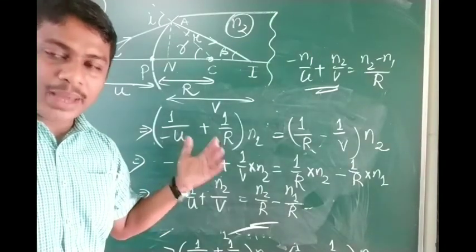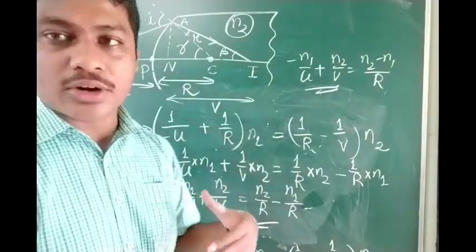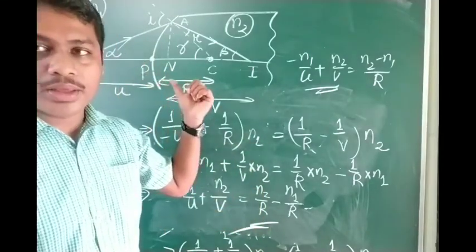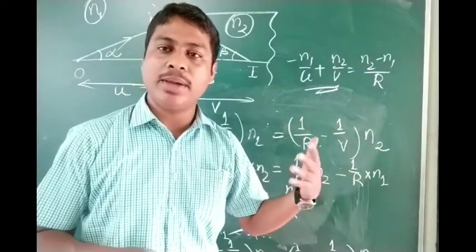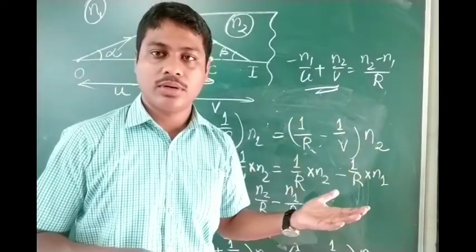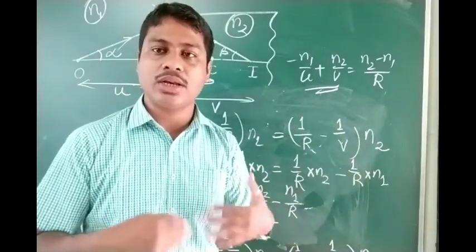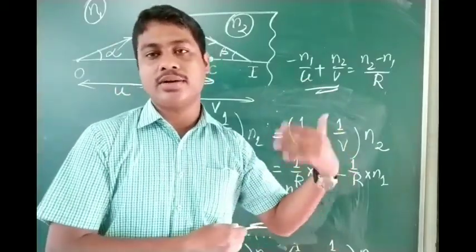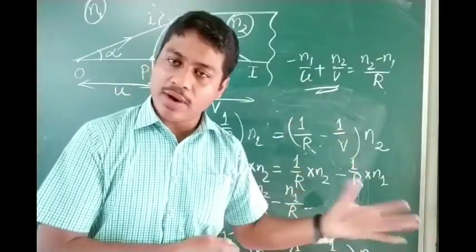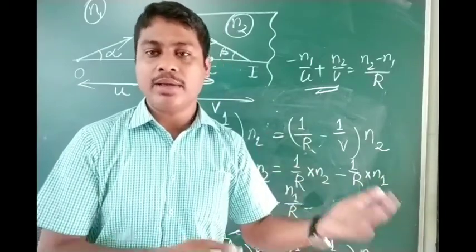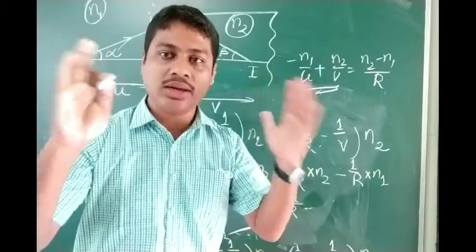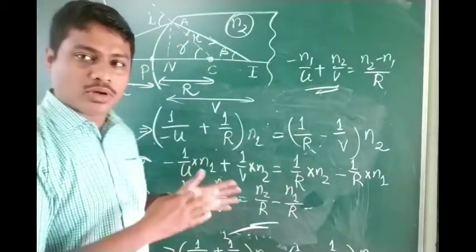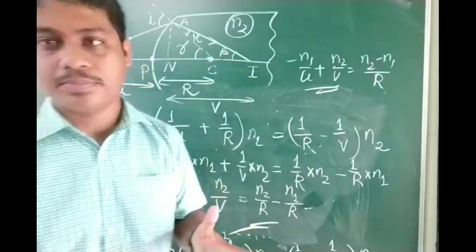Okay. So maybe your question will be a little bit different also. Here we have considered the object in the rarer medium. Your question may be, your object may be in the denser medium also. The diagram you have to complete by using the rules that you have got in class 10. That when the light ray goes from the denser to the rarer medium, it bends away from the normal, rarer to the denser medium, it bends towards the normal. That you have to follow. So this is our derivation, and this is also an important derivation for the exam.